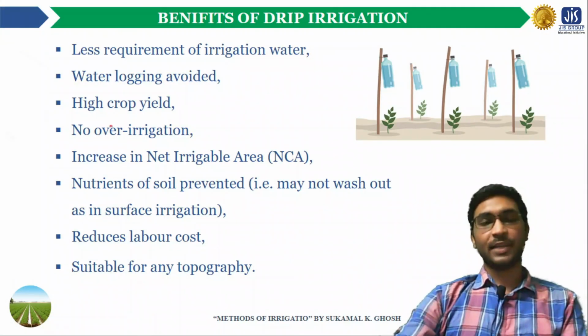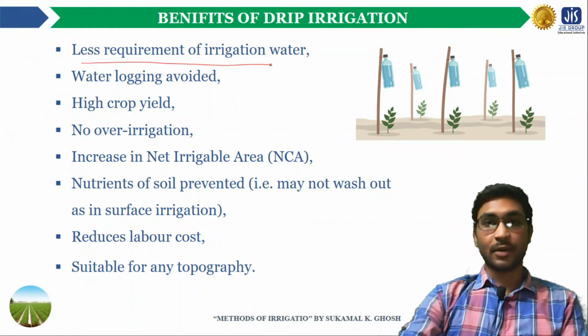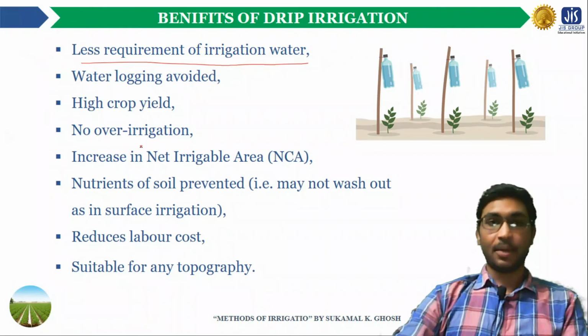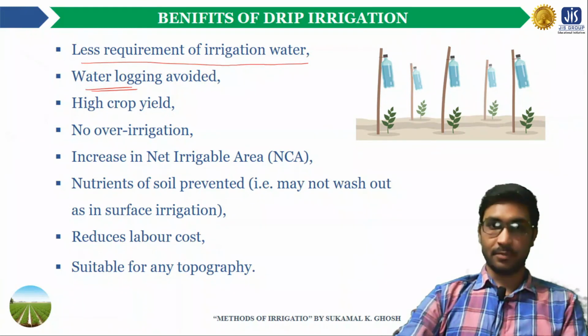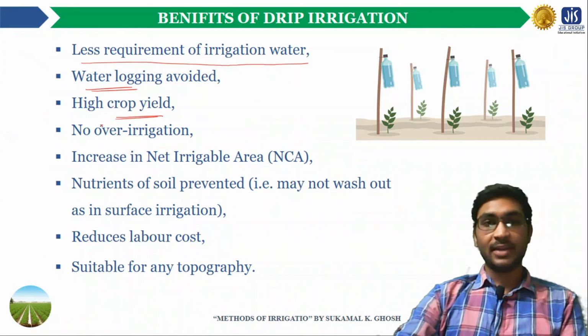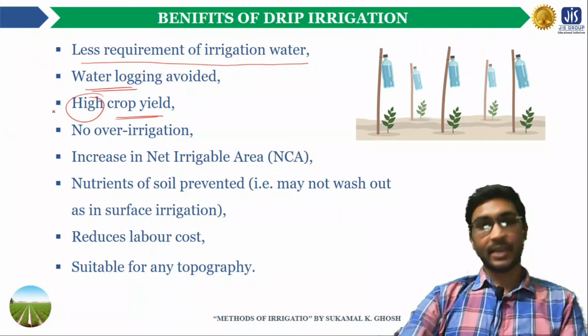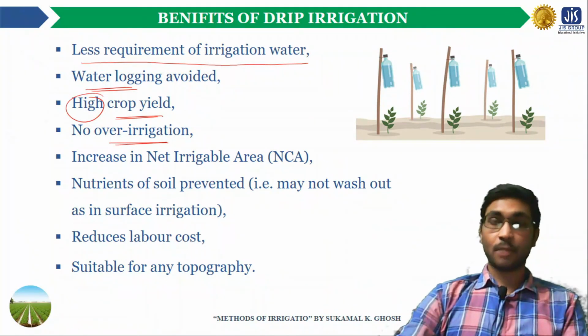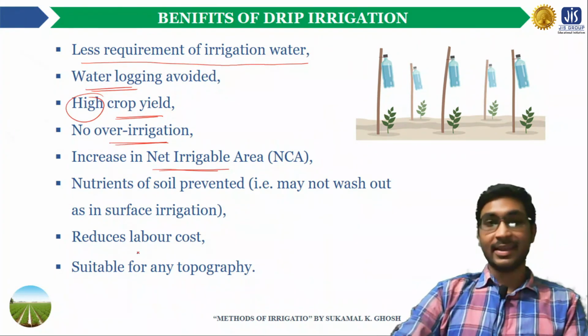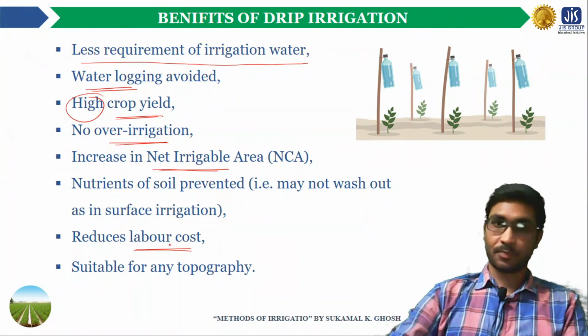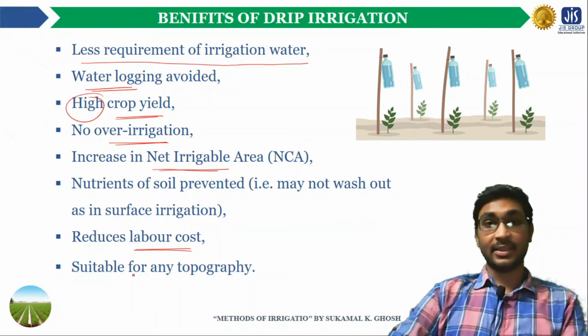so the drip method of irrigation has several advantages or benefits. Less water is required for this type of irrigation. Apart from that, waterlogging can be avoided if we adopt the drip irrigation. Also, the crop yield is very high in case of drip irrigation. The over irrigation can be avoided. Also, if we adopt the drip irrigation, it will increase the NCA, means the net irrigable area. And one of the important facts is it reduces the labor cost, and